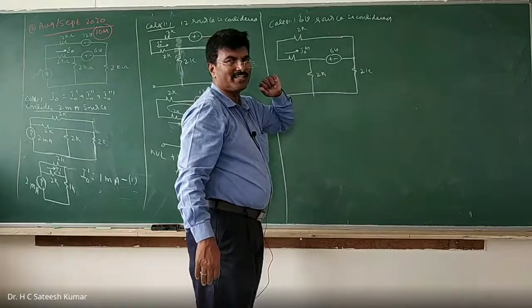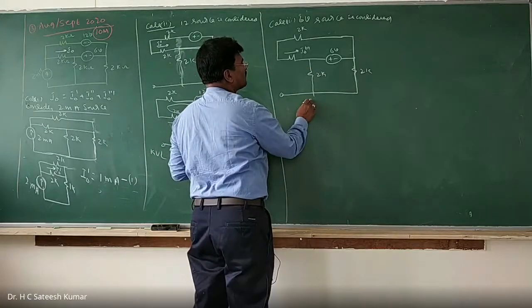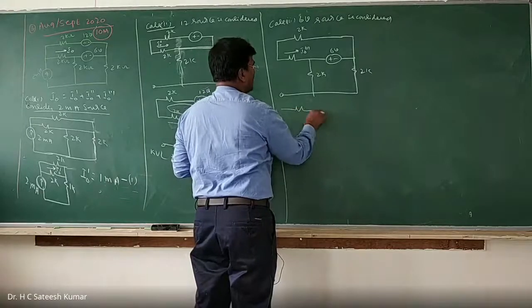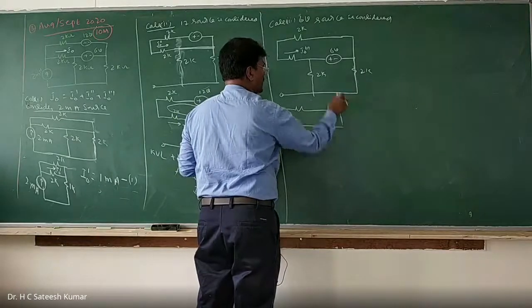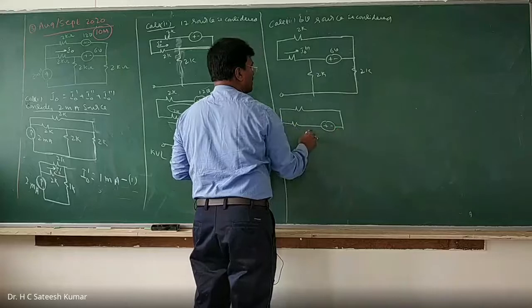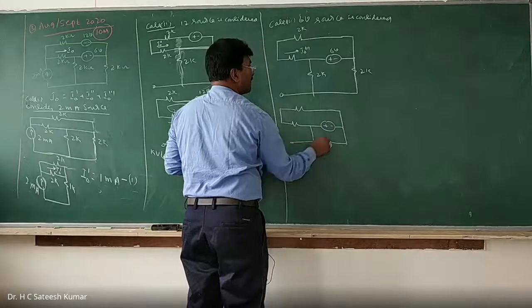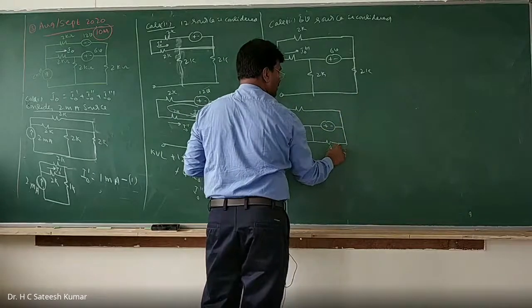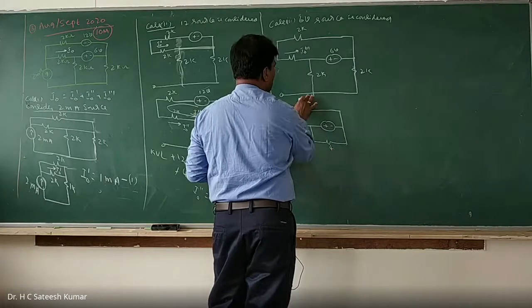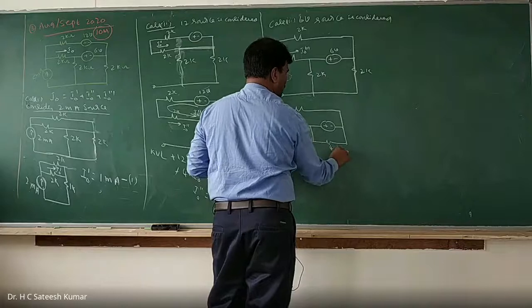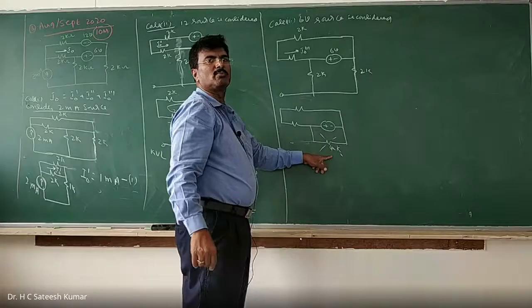I'll rewrite once again. Observe carefully. So what will happen? No current is flowing here. Therefore, I'll rewrite the circuit diagram this way. Any confusion? If you want, you can take the decision here itself. This 2k is in series with 2k, it becomes 4k. Since there is no current flowing through this one, this will become 4k, and this will become redundant because any resistor in parallel with the voltage source is redundant. Therefore, I can eliminate this one.